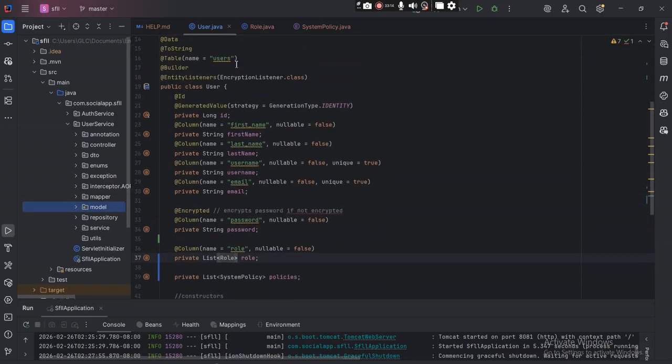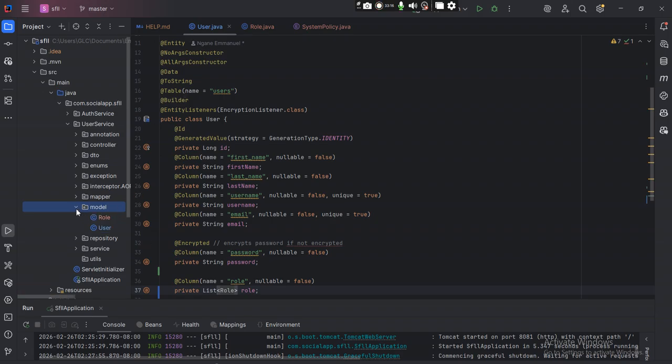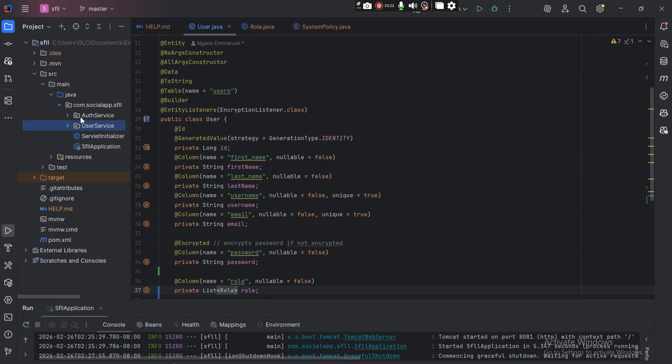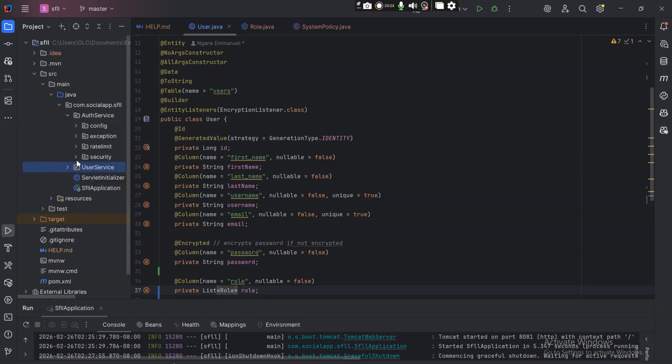Okay. And I think it's fine to put it within the user class, the user service. Then we need to make some modifications to our auth service when assigning policies. We also need to assign a role. I also need to make modifications to our JWT. Our JWT will only take